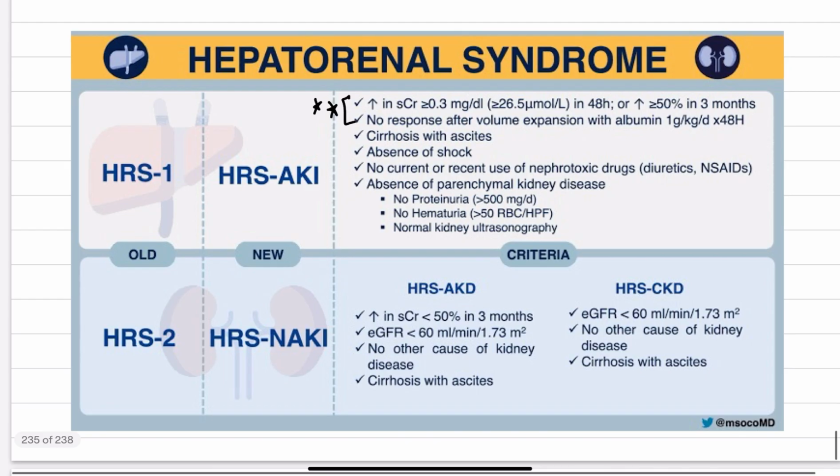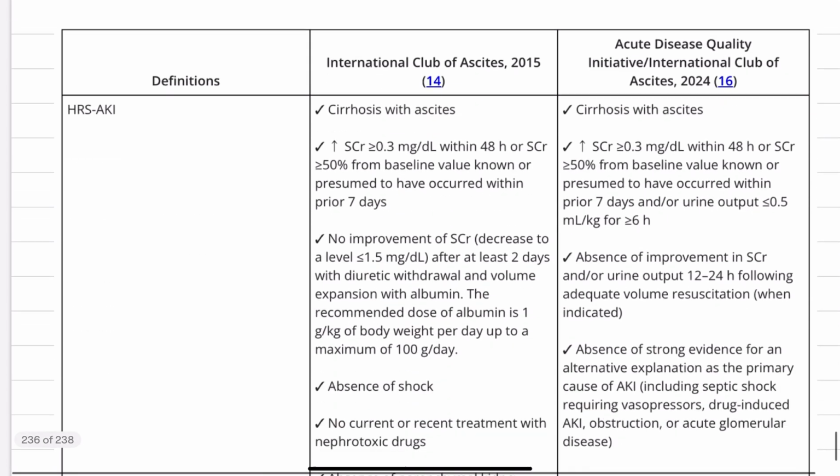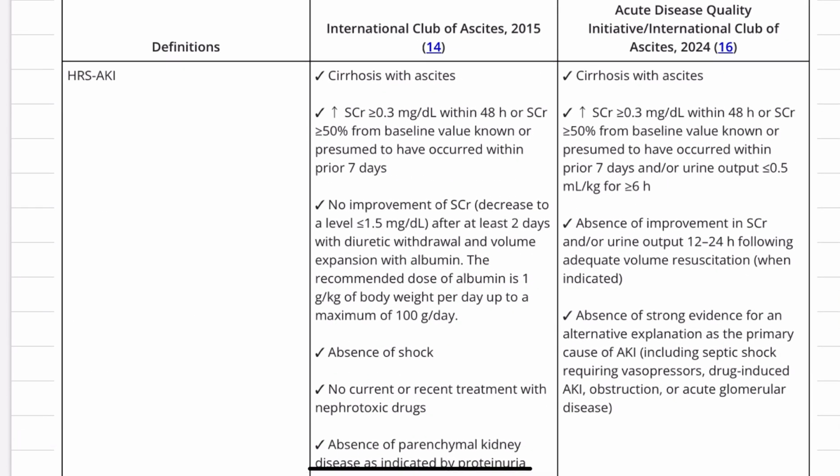upgraded. HRS NAKI is divided into two: HRS acute kidney disease and HRS chronic kidney disease, with eGFR less than 60 ml and serum creatinine less than 50% in 3 months with eGFR less than 60. If you see the updates in 2024 from 2015, cirrhosis with ascites included a serum creatinine increase of more than 0.3 milligram per deciliter within 48 hours, or serum creatinine more than 50% from baseline value known or presumed to